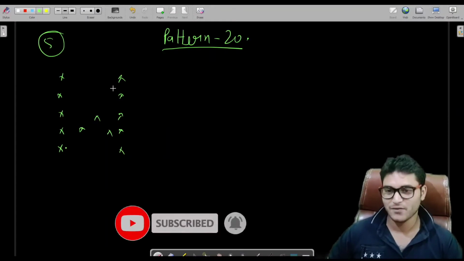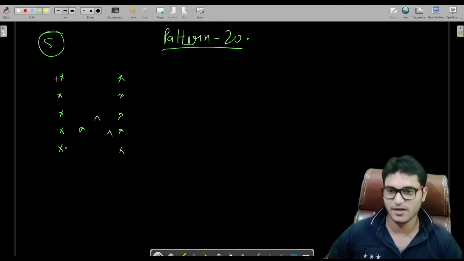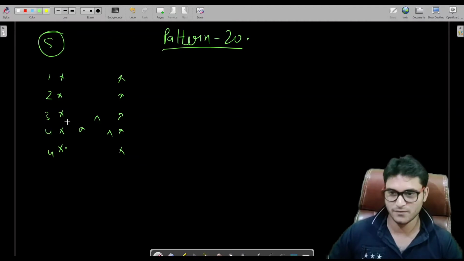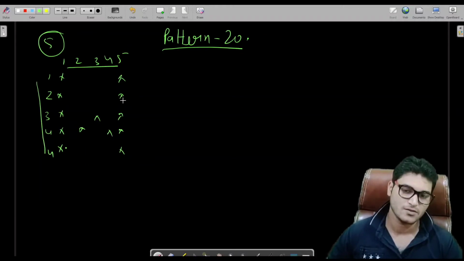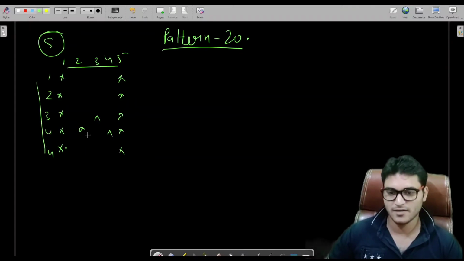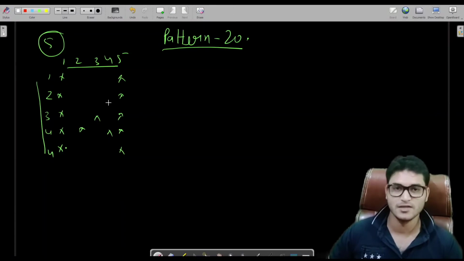So what is the problem statement for now? Of course it's a 5 into 5 size matrix. First, second, third, fourth, fifth row, first, second, third, fourth, fifth column. There are 5 rows and 5 columns. So it's actually very simple. Let me tell you why. And here we are not using the approach of printing the stars and printing the number of spaces. We will use the previous approach which we have done in the swastik pattern.